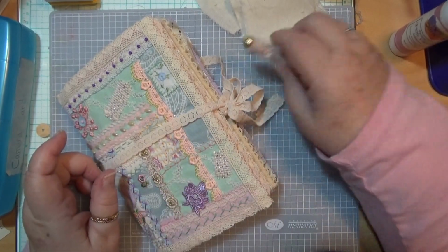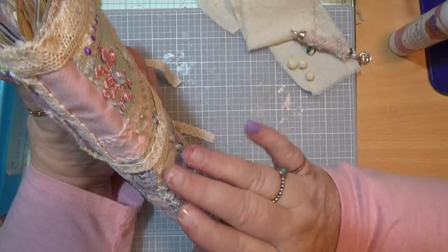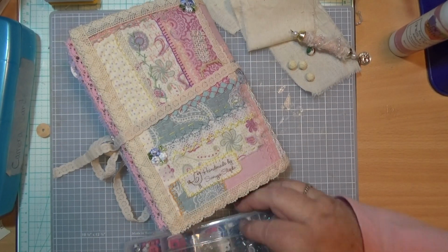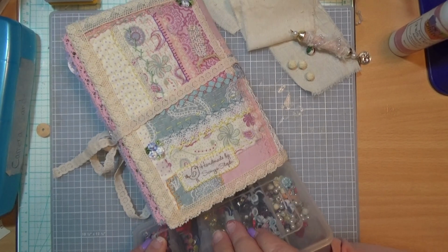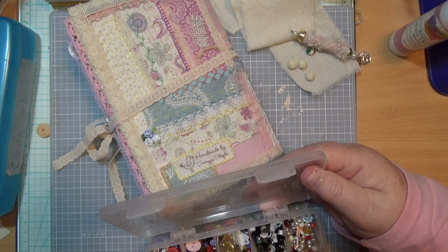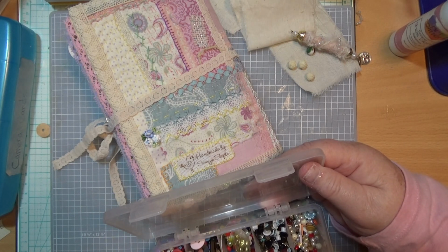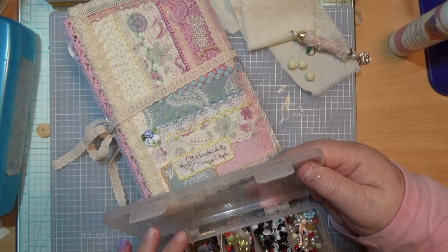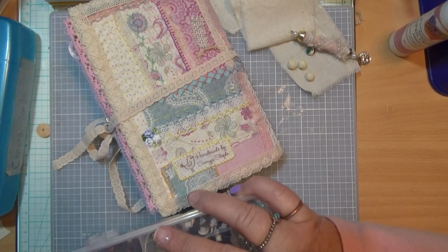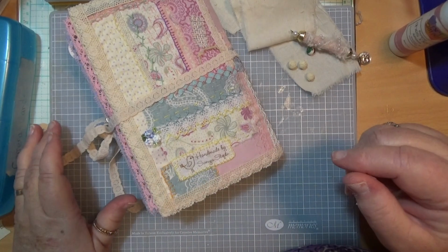I don't know yet. Let's make the dangle for the back of it. For the dangle on the back, I have to get into here for a second. I did see something. It's going to be one of those. I've got to look for this forever now, I suppose. No, it won't be, because I'm going to make sure I can get it done in this small time period that I've allowed